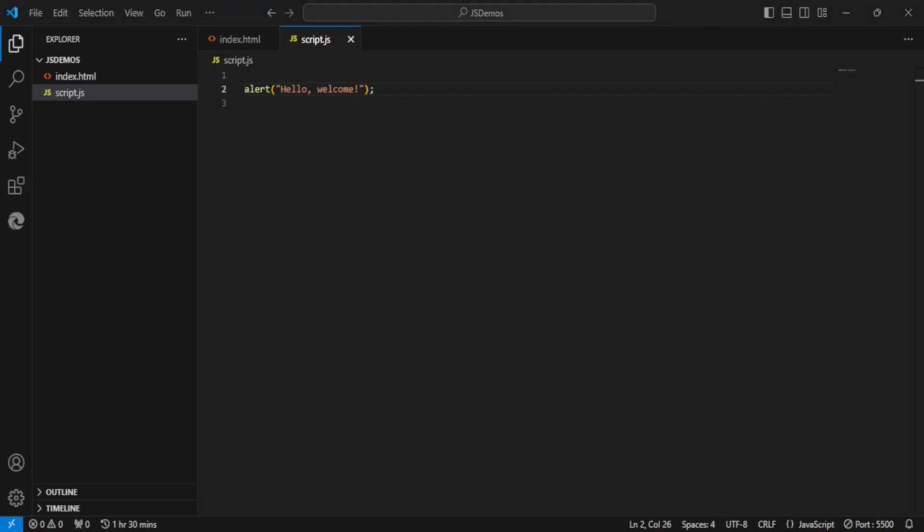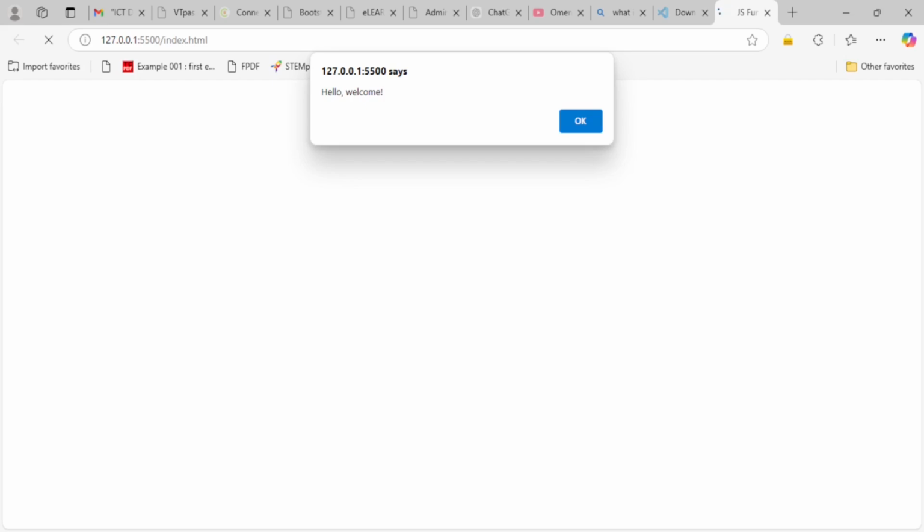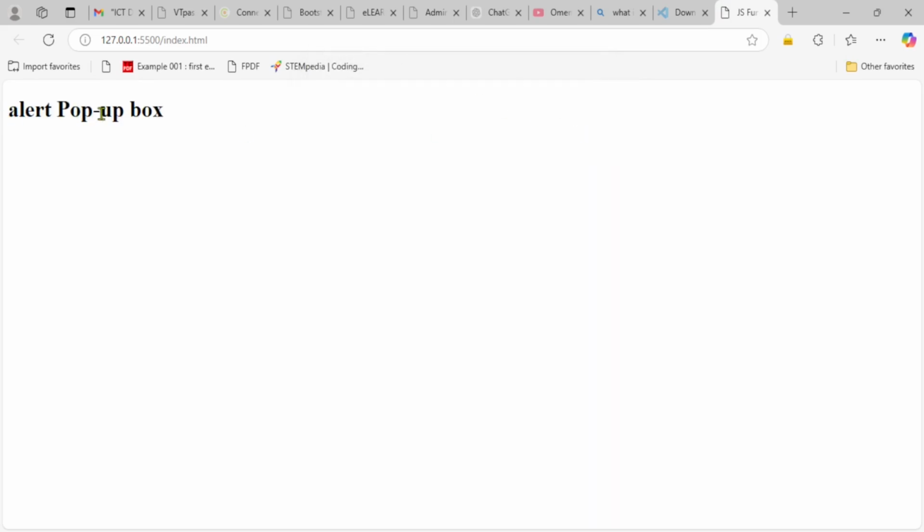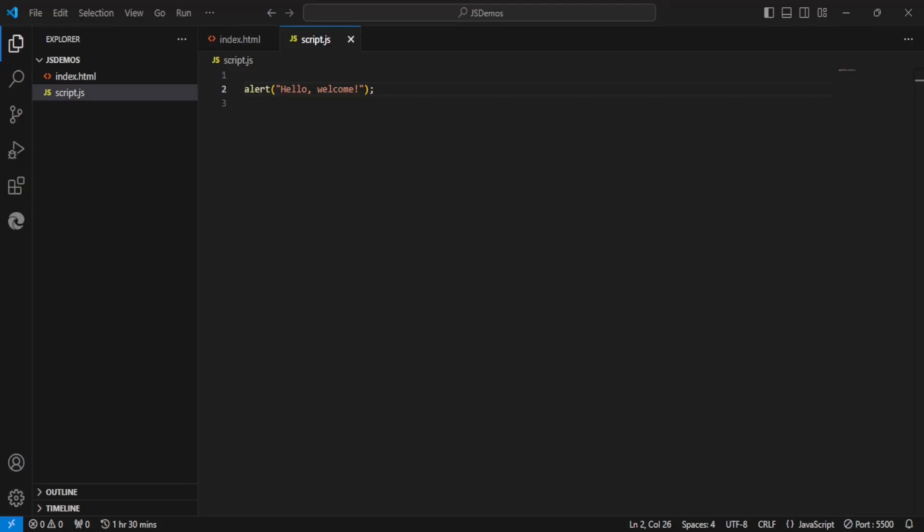Let's look at what we see. Yeah, so you can see in our web page, we can proceed with the rest of the web page on the browser without clicking OK, or rather interacting with this pop-up box. So let me click OK and see what happens. So you can see alert pop-up box displayed. Alright, so having learned this, we are going to proceed with the next one, which is going to be, of course,